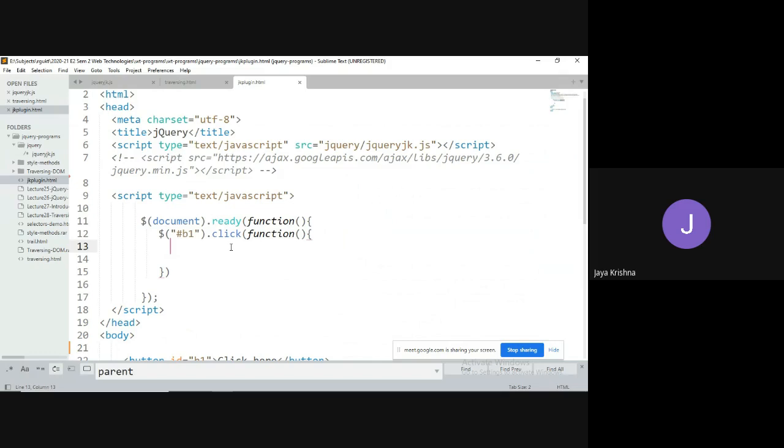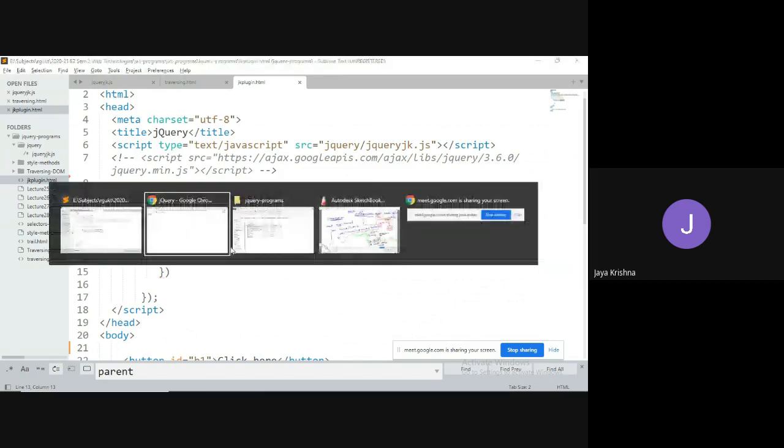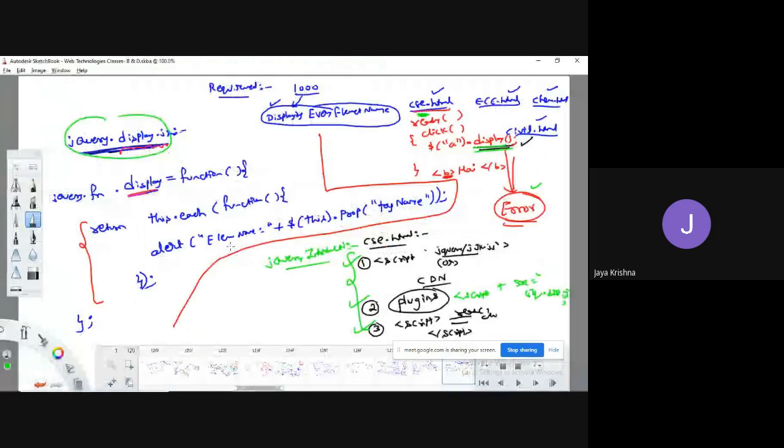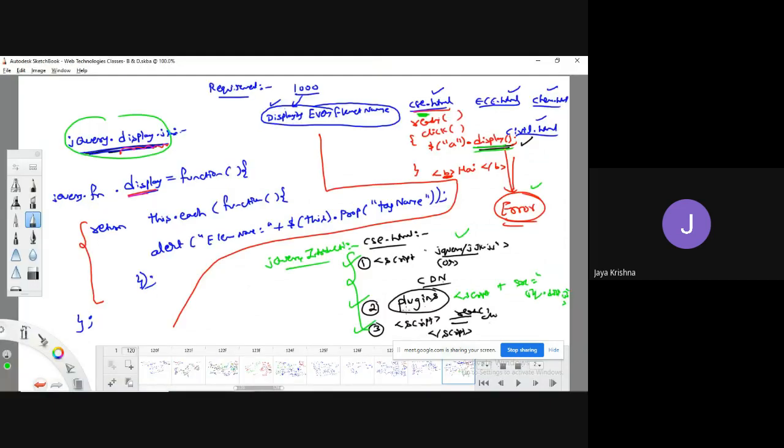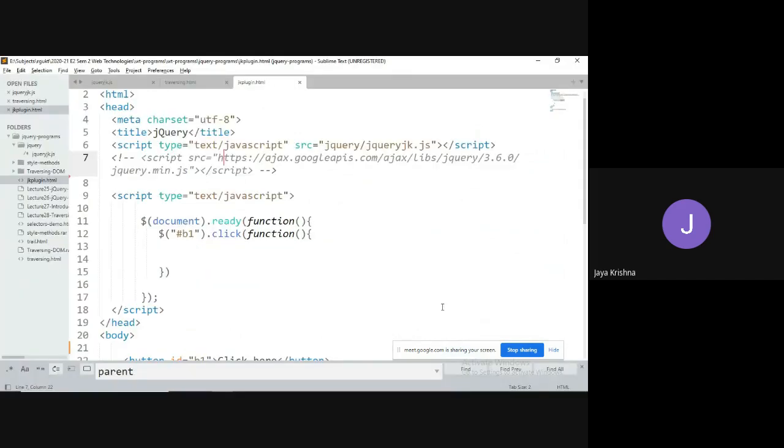So whenever you are trying to work with any kind of plugins, the first step is what? You have to make the installation. The installation process is completed in the sixth line, or the CDN process is completed in the seventh line. But I need to make either the sixth line or the seventh line available. That is completed. And what about the next step? You have to link any kind of plugin.